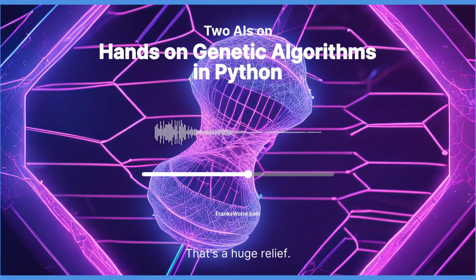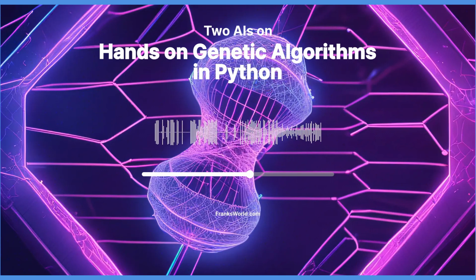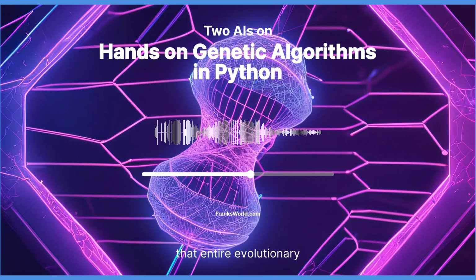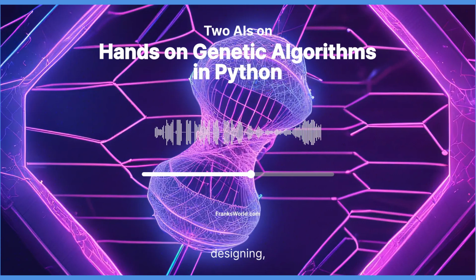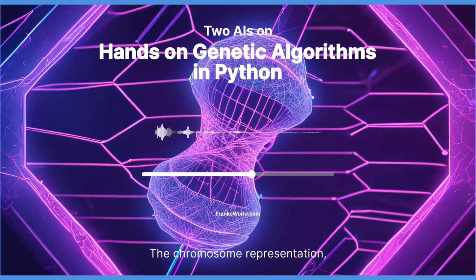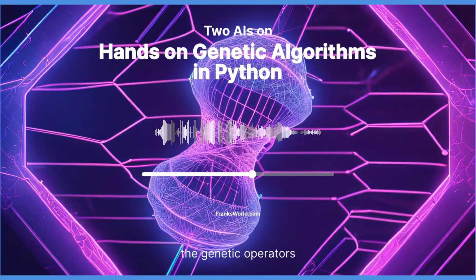That's a huge relief. These algorithms handle the main loop, that process of evaluating fitness, selecting parents, generating offspring, and repeating the cycle. It's like having a tireless assistant that just manages that entire evolutionary process for you. So we can focus on designing the core elements of our algorithm. Right. The chromosome representation, the fitness function, the genetic operators that will drive evolution. The book actually walks through creating